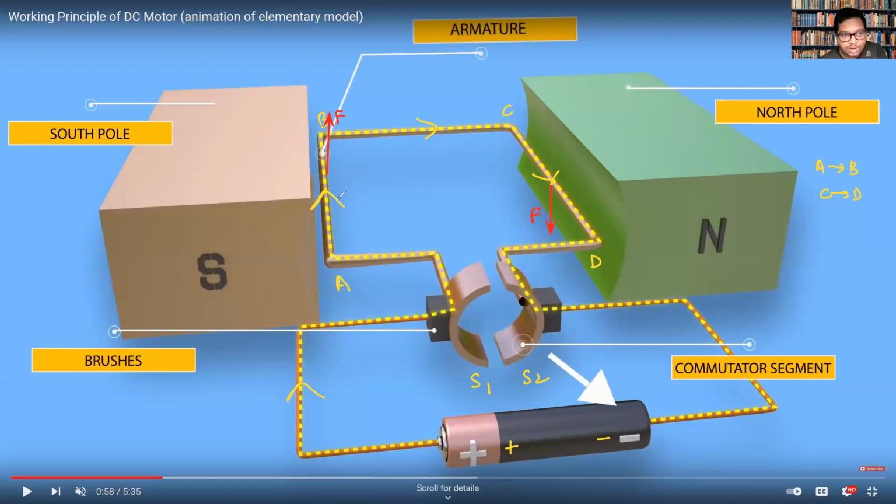So we have the current flowing inside. That's your middle finger pointing inside the screen. The index finger is pointing to the left. In this particular case, sorry, it is pointing to the north, right? So the middle finger is pointing inside, the index finger is pointing to the right, and this particular force will be, right, downwards.